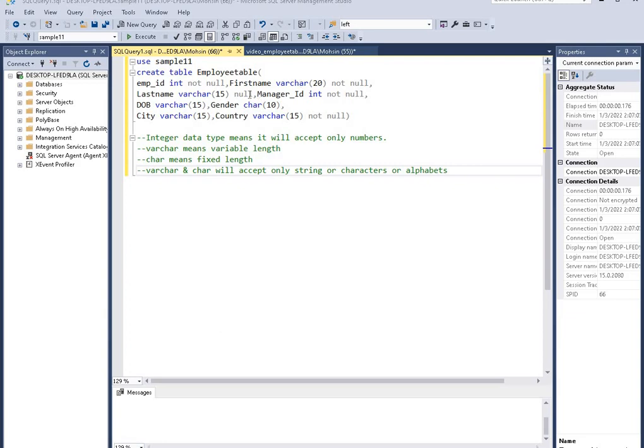All columns have null or not null. You can see here, if not null is there, that means it will not accept null values.